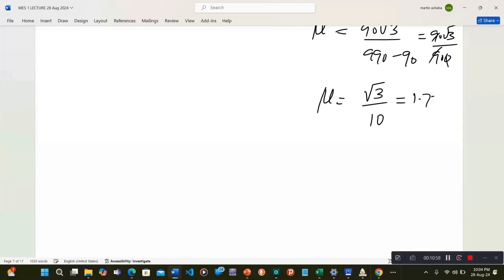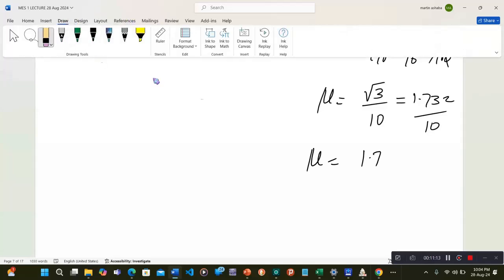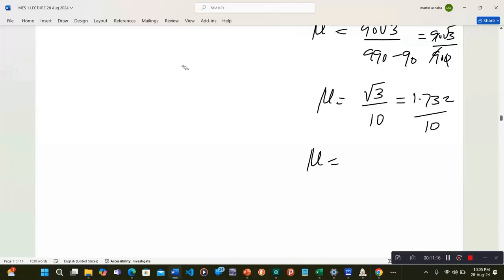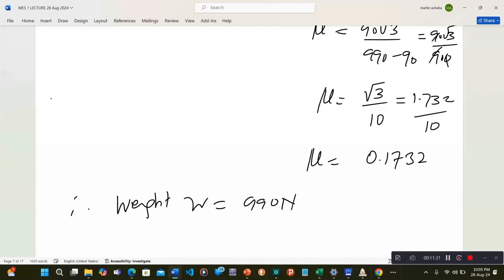This is 1.73. We said root of 3 is equal to 1.732. So if I divide it by 10, our nu is equal to 0.1732. So therefore, weight of the body, weight W is equal to 990 newtons, and nu, which is coefficient of friction,